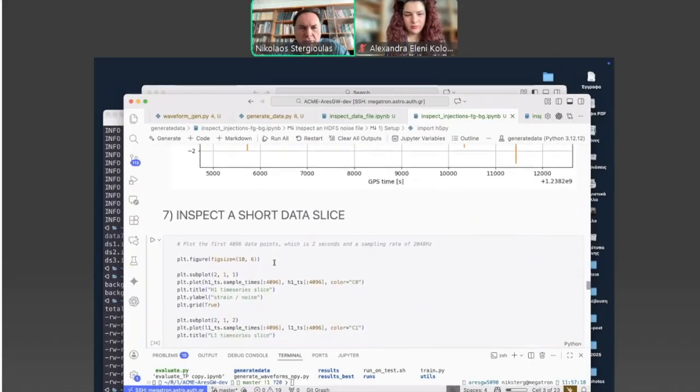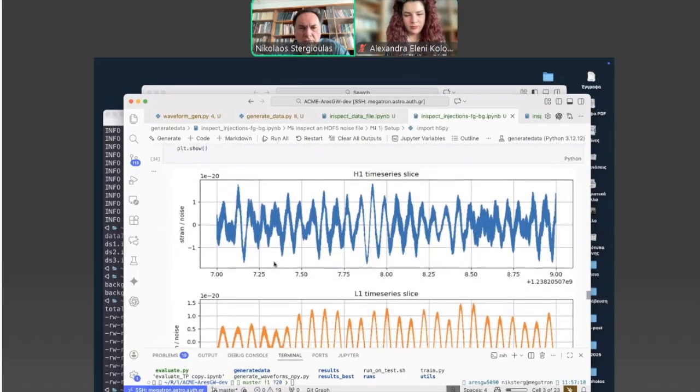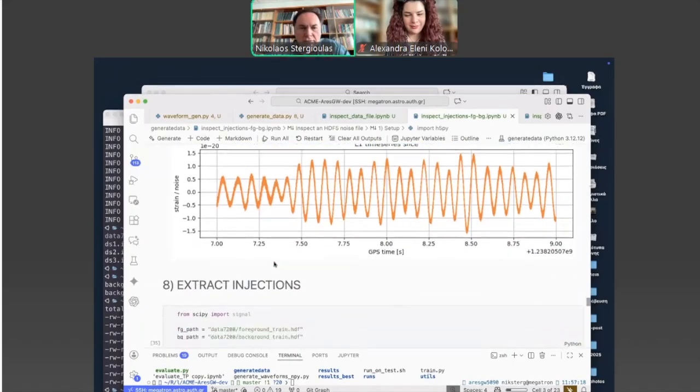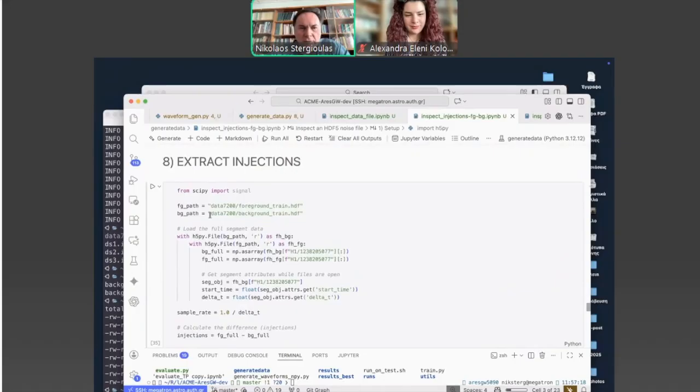If we go to the first time segment, by eye, it looks exactly the same as before because you cannot distinguish the actual injection. So nothing appears to have changed. But if we then load both the foreground data and the background data, their difference is exactly the injections, the gravitational waves that we have injected into them.